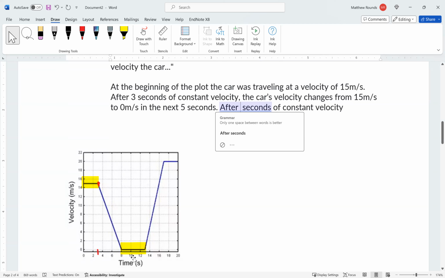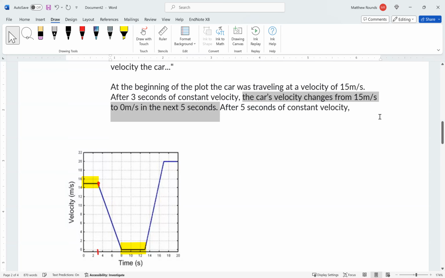I'm overthinking this. It's quite short. We can be more specific. It starts at 8 and it ends at 13. So how much time is between 8 and 13? 5. Okay, so after 5 seconds of constant velocity,